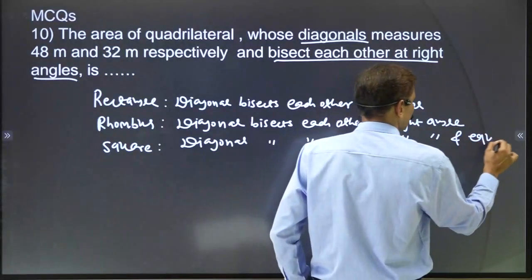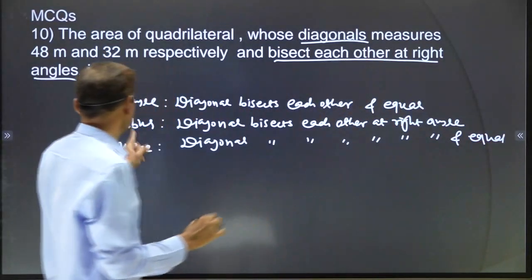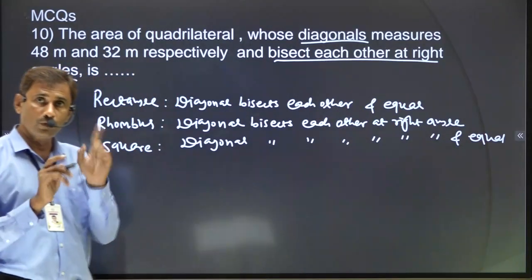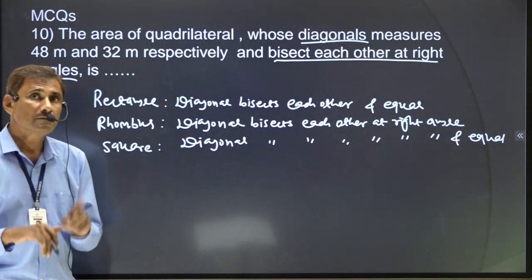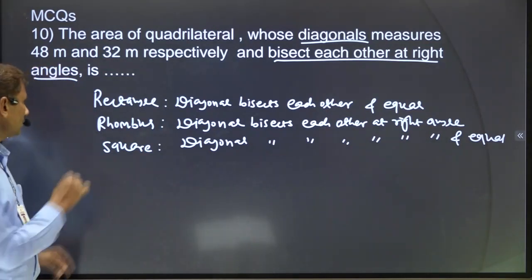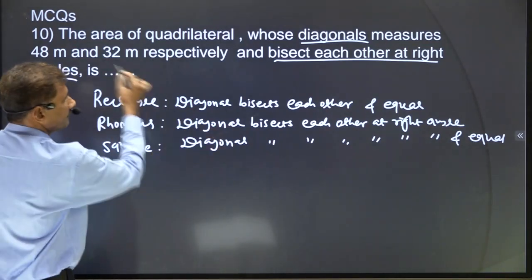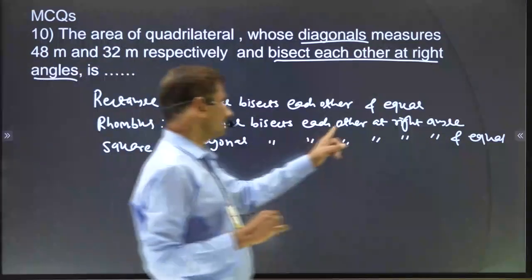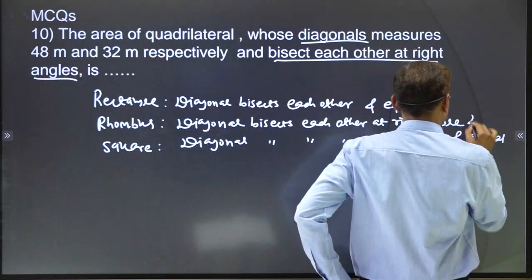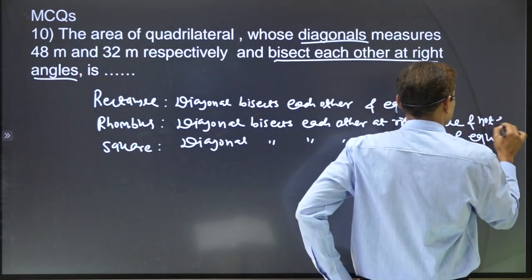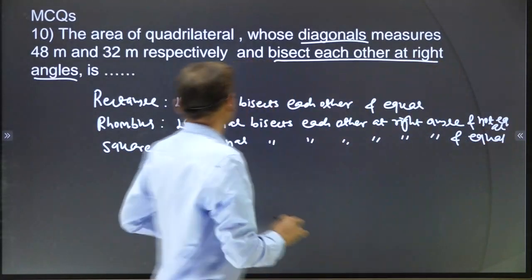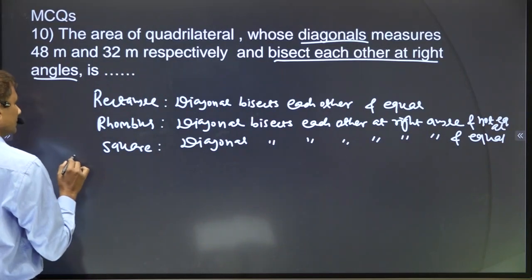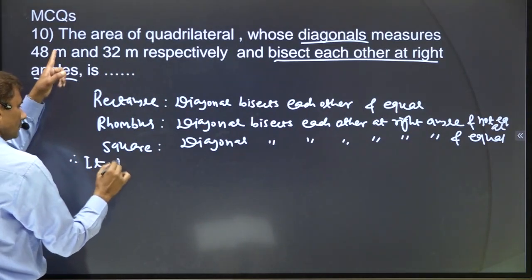Okay, both properties are applicable, rectangles and rhombus. I know earlier also, all properties of rectangle and all properties of rhombus are applicable to square. So accordingly, here not equal. Diagonals bisect each other at right angle and not equal. So it is clarified that it is rhombus. Okay, so it is rhombus now according to that.